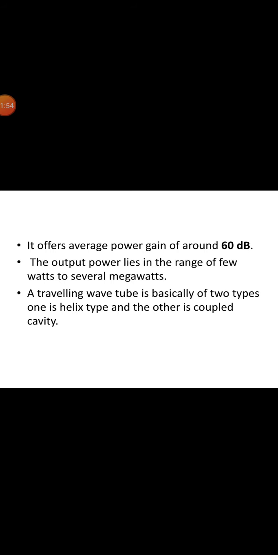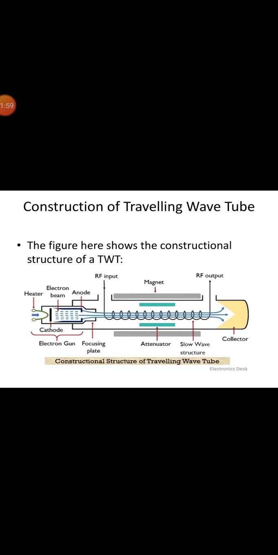A traveling wave tube is basically of two types. One is helix type and the other is coupled cavity type. This diagram shows the basic structure of the traveling wave tube. The electron gun is the same as in the klystron, but the RF interaction region differs considerably. Its principal feature is a slow wave structure. The goal in this design is to slow down the RF wave, which propagates at the speed of light, to a phase velocity close to the velocity of the electron beam. Under this condition, direct interaction occurs between the RF wave and the electron beam wave, and the synchronized velocities allow both velocity and density modulation of the electron beam.